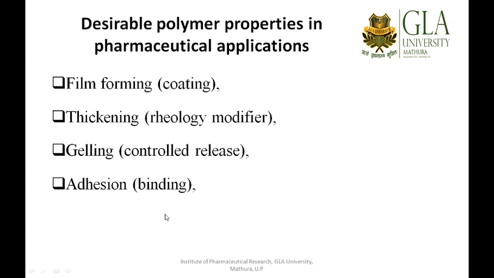As well, there are certain approaches in which we are trying to control the release by following the process of mucoadhesion. Mucous membranes, you must be familiar with that. Mucous membranes are there in our biological systems, and if a drug or the system is able to adhere to them, if they have some mucoadhesive property, then ultimately we can control the release, or we can target the release to a particular site.